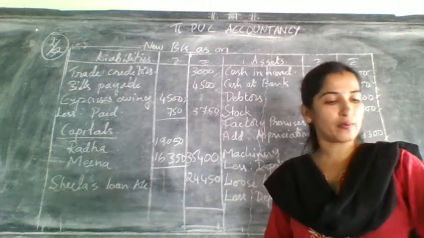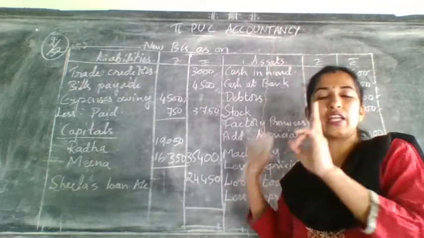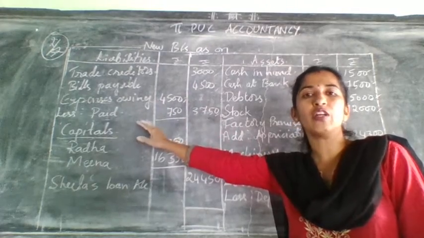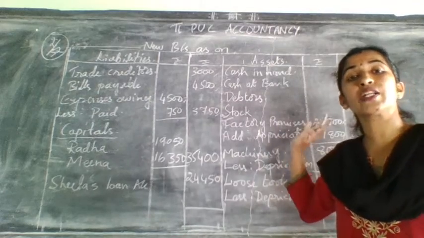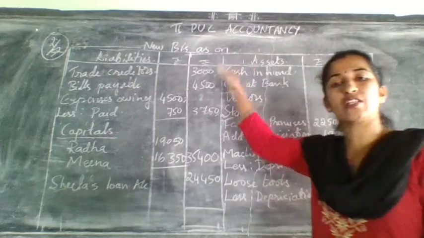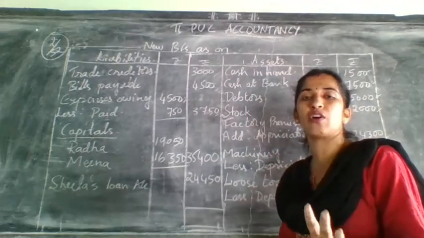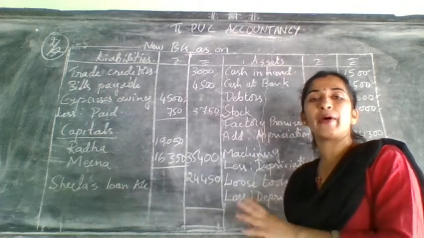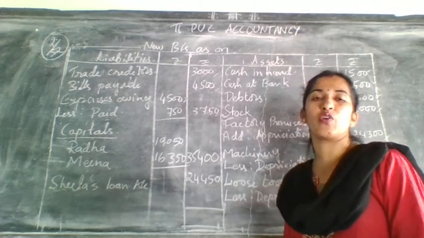This is the easiest problem, so I told you to do it in the homework. You can do it the same way, case 2 only it is. So 2 entries will come on the debit side of the revaluation account, but on which side will the partners capital account come now? Credit side. This time it is a loss on the revaluation account and it is not a profit. Okay, no entries will be on the credit side. On the credit side, you need to write by all partners capital accounts, and whatever amount comes now, you need to distribute for all the 3.